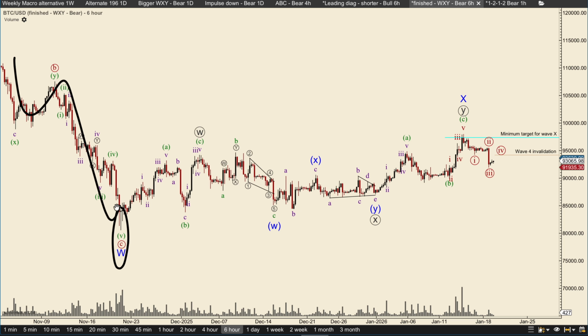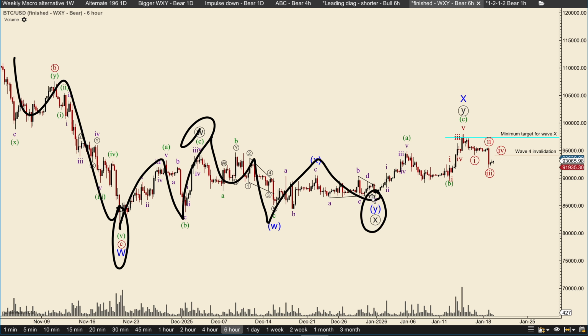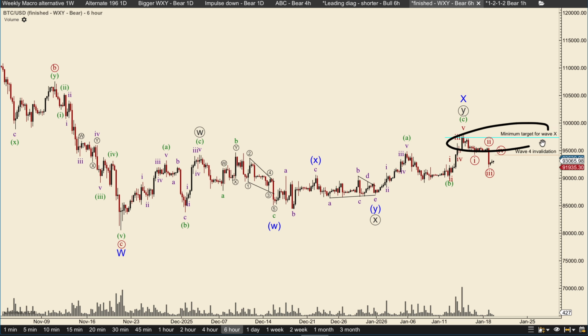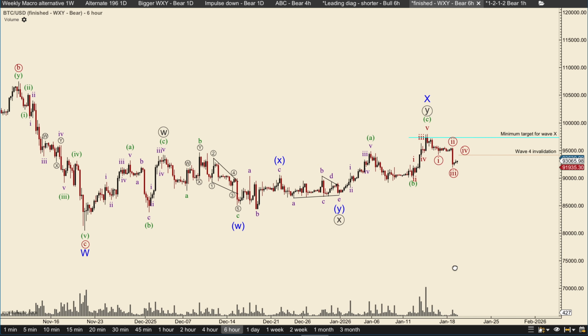The other scenario is that we are dealing with a WXY. Here we are counting a finished wave W and then WXY into X, ABC to finish wave Y to finish wave X. And we hit the minimum target for a wave X. After that, we are looking for a wave Y. And it is very important to